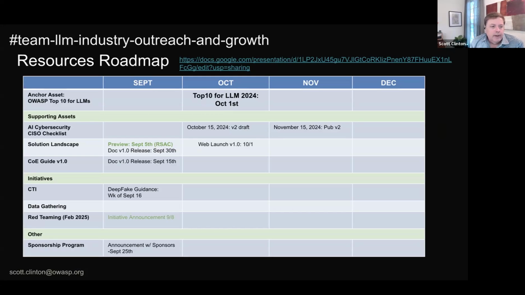Our resources roadmap. We'll update this with where we are with the top 10, and we'll have another discussion about this just following this call. This is a link that I shared where all of the people who own different resources, we want to make sure we have a roadmap for when you think you're going to be releasing those so that we can organize the outreach around it. So this is the current schedule. If you see dates that you want to change or need to change, please hop into the link if you're an asset owner and update it.